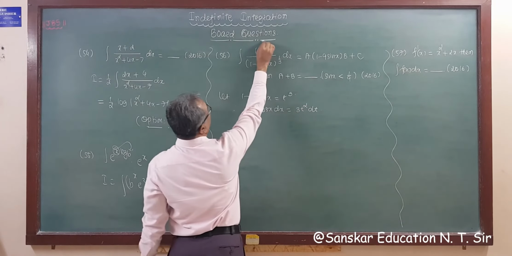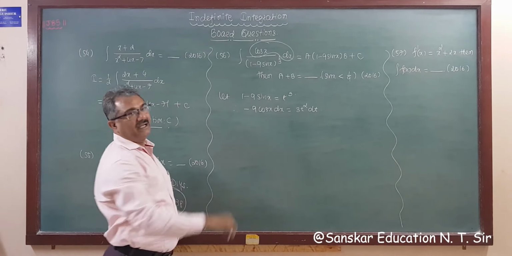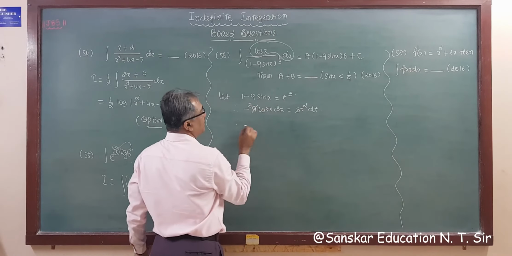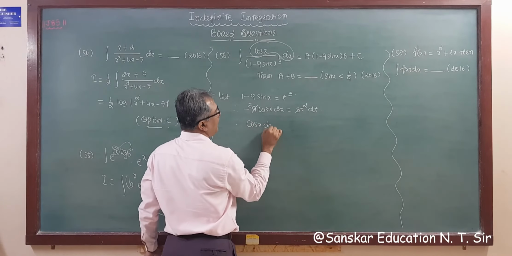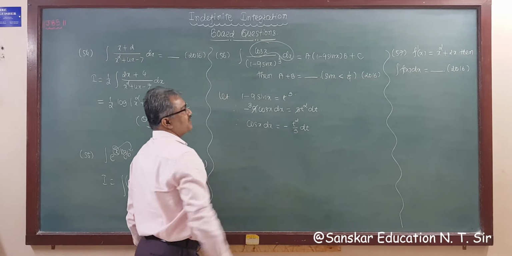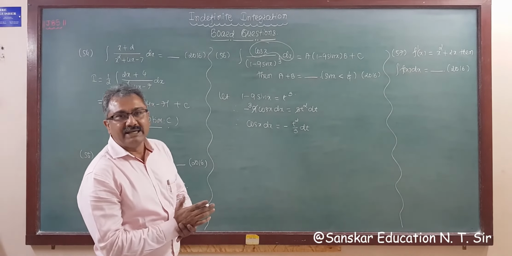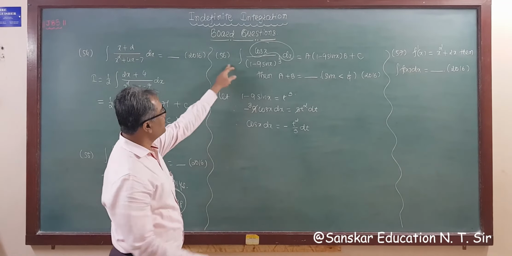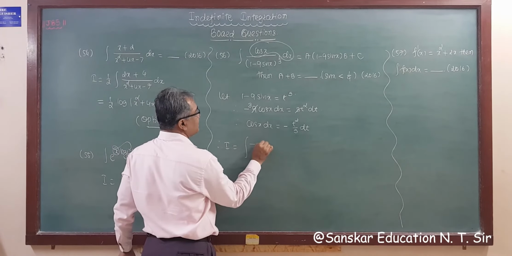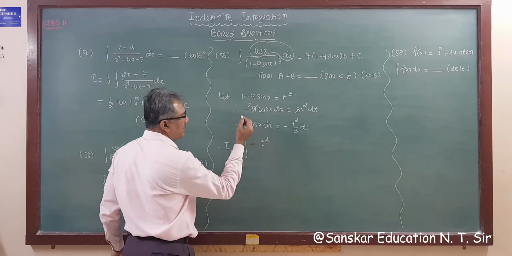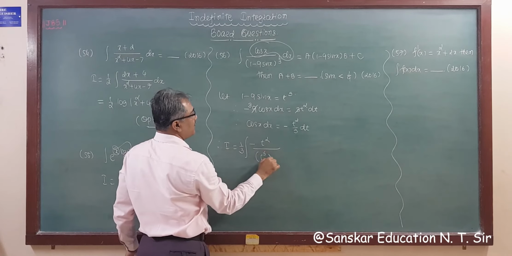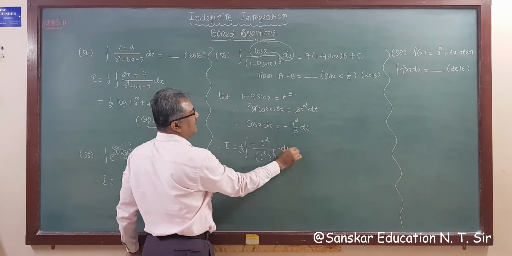But we have only cos x dx. We have only cos x dx. So cos x dx is this 3 cancel. So this is 3. So cos x dx is equal to minus t square by 3 dt. Cos x dx is minus t square by 3 dt. Right? So substituting this all values here, I is equal to integration. Cos x dx is minus t square. I am writing 1 upon 3 here. Right? 1 minus 9 sin x is t cube raised to 1 upon 3 and dt.